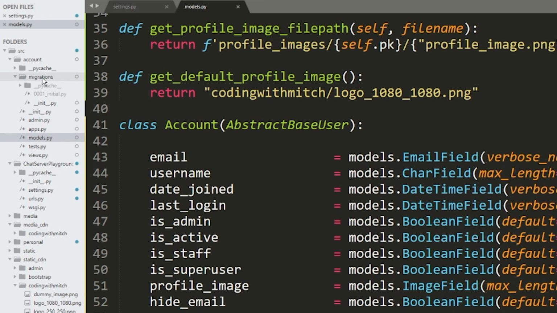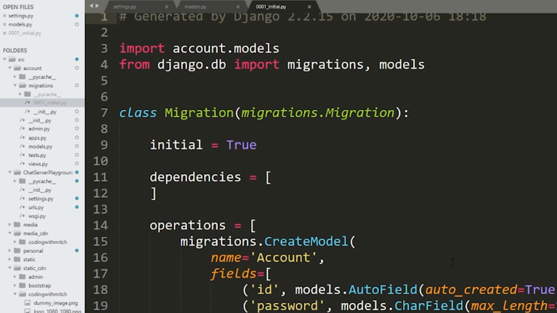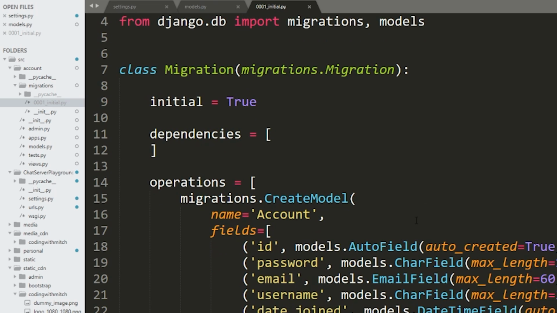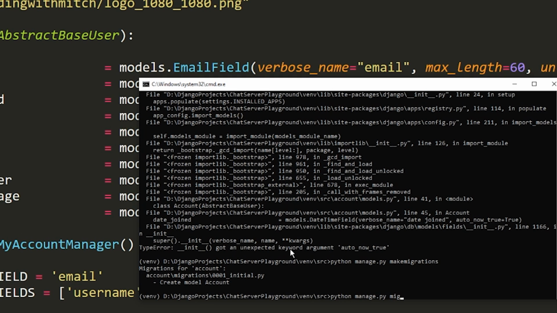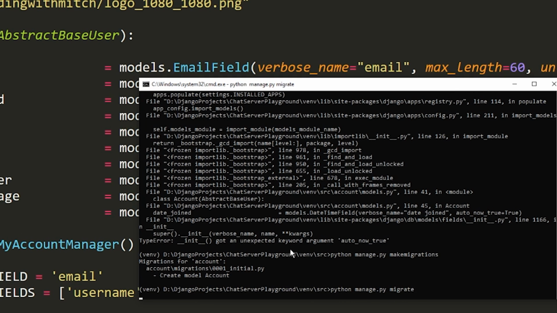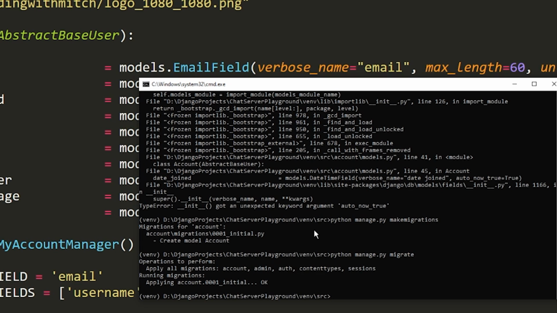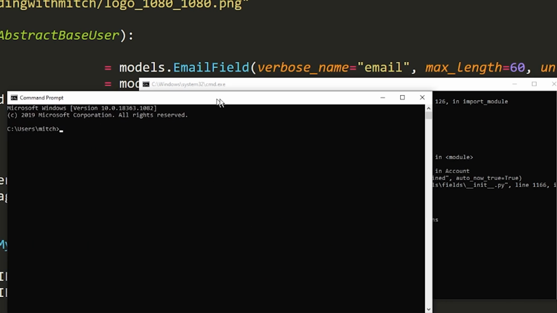If we look into our account section here, it has generated our migrations file. This is defining what needs to be done to our database in Django language. So now let's go back to the command prompt and do one more command, python manage.py migrate. So this is actually going to apply the migrations to our database. So like if I was to open Postgres right now I would see that this new account table has been generated. Since we're going to need to do that later anyway, why don't I just do that and show you